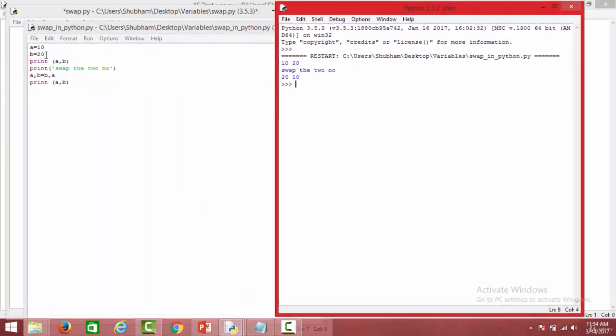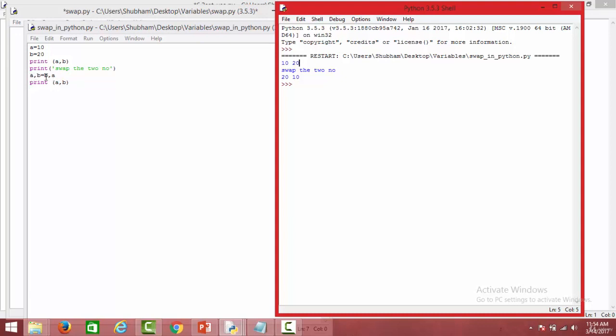Now over here again we have two variables, a containing 10 and b containing 20. We have printed both of these variables, and have a look, we have 10 and 20 respectively in a and b. Now we have printed "swap the two numbers", and what we are doing is assigning a and b different values in one single statement, which means that Python supports multiple assignment of variables. We are collectively assigning two variables two different values, which we cannot do in many other programming languages. So when we say a, b = b, a,